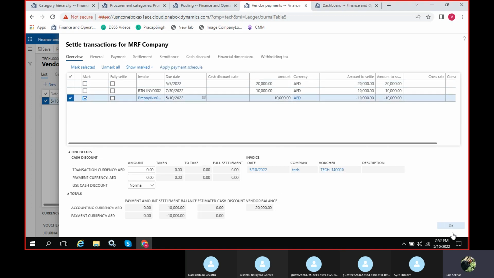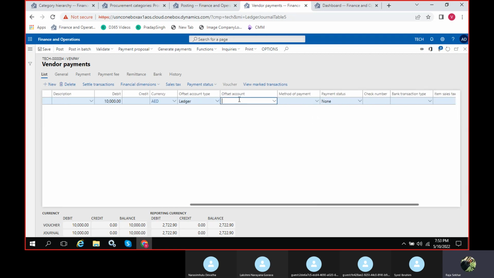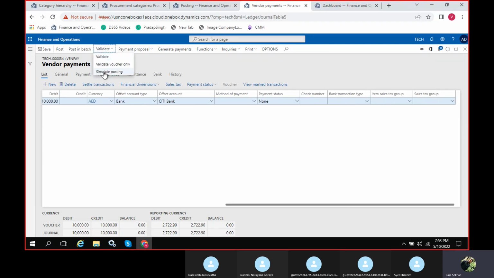Select your prepayment. Okay, then also select your bank, and you can also validate this one.